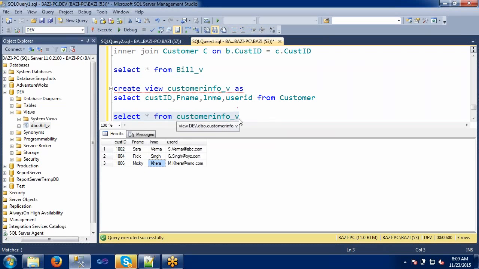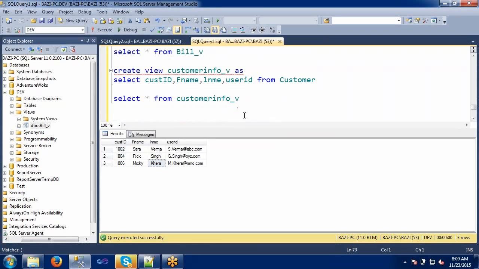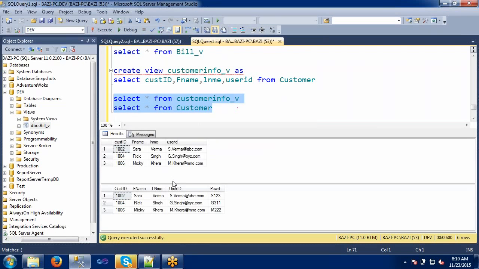So when I'm doing select star from the view, in the backend it's actually calling the customer table and executing. If you look at these two queries, the results are almost the same. Why? Because I have just eliminated the password, that's it.